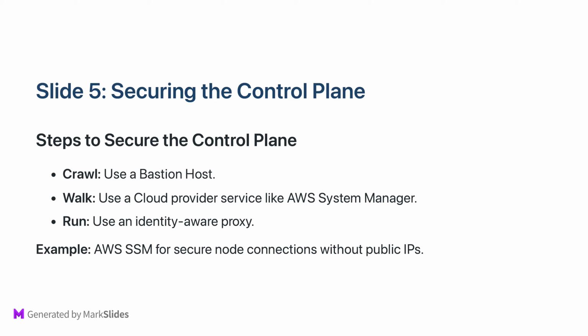Example: AWS SSM for secure node connections without public IPs. To put this into perspective, using AWS SSM, as mentioned in the walk phase, allows your nodes to remain within a private subnet without requiring public IPs. This configuration significantly minimizes your exposure to the public internet and leverages managed services for patching, automating tasks, and maintaining compliance. By following this phased approach, you can progressively enhance the security posture of your control plane, providing robust governance